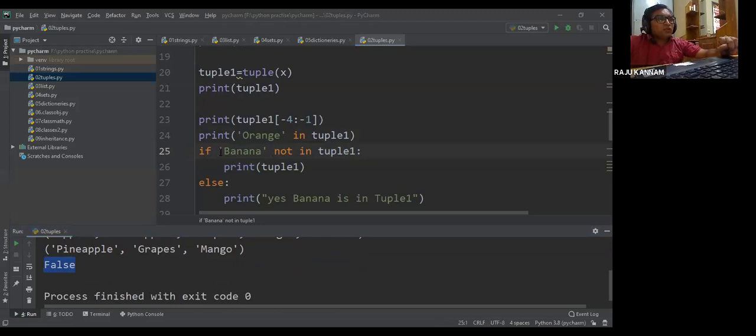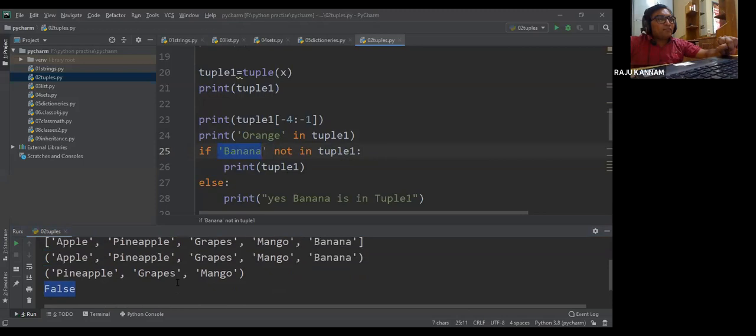Right. Now what we are doing here: if banana not in tuple, whether banana is there in the tuple. Yes, banana is there. If banana is not in tuple 1, we are going to print a message, sorry, no banana.